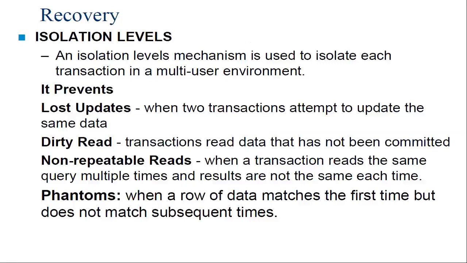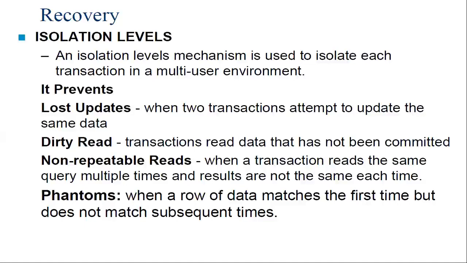And here in recovery, we talk about the isolation level. You know what isolation means: you are separating one transaction from the other transaction. There should not be any interference between transactions. In a database management system, multiple transactions are performed, and each and every transaction should be isolated. That we studied in the ACID property of isolation. Until a particular transaction completes its work or commits, the other transaction should not interfere or know what is happening in that transaction. Able to understand, right?